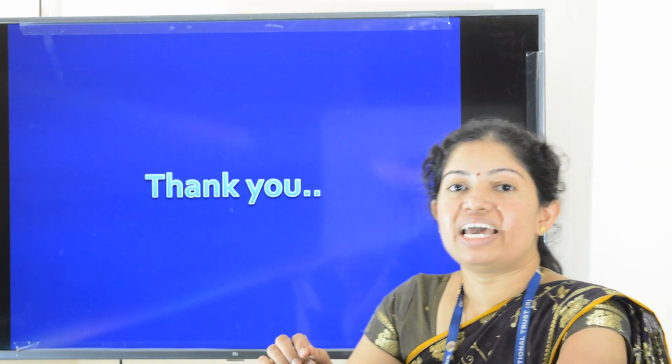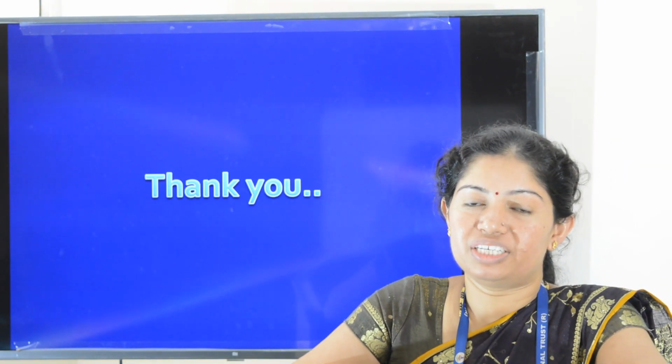So by this we have come to the end of this chapter, matrices. Before we end this chapter, let us just summarize what all we learned in this chapter. We started the chapter from the definition of matrix. So what is a matrix? It is a rectangular array of numbers or functions. Then we saw types of matrices. You have a row matrix, column matrix, square matrix, rectangular matrix, diagonal matrix, scalar matrix, identity matrix, and null matrix.